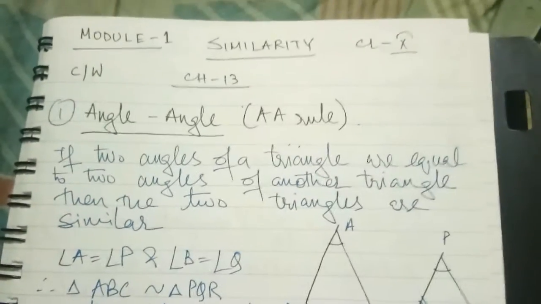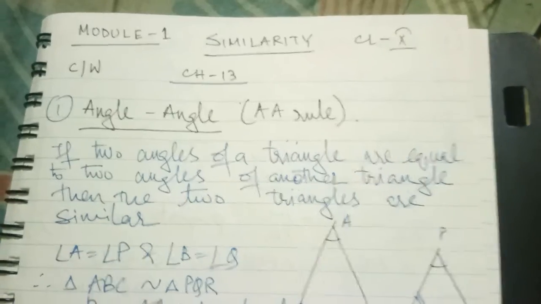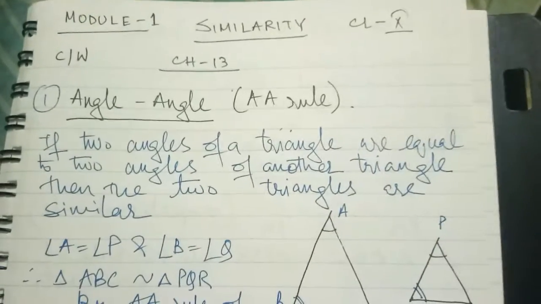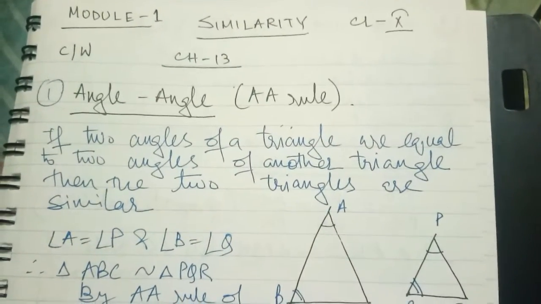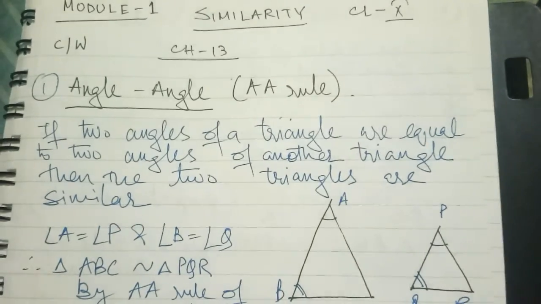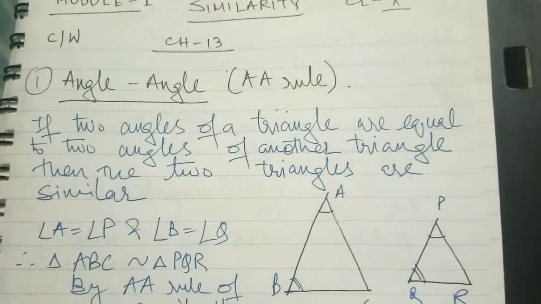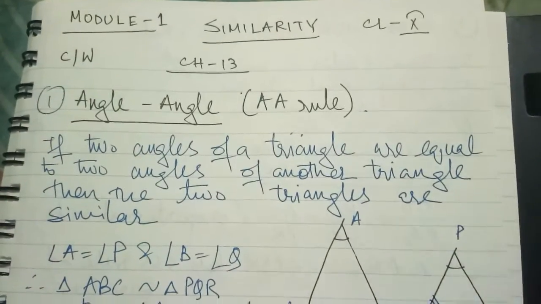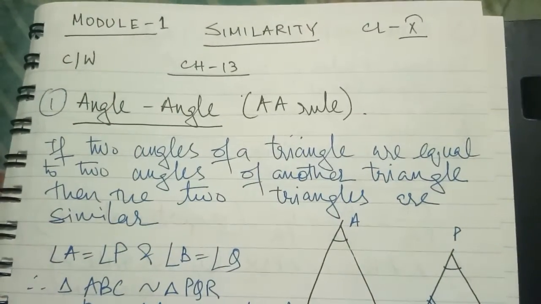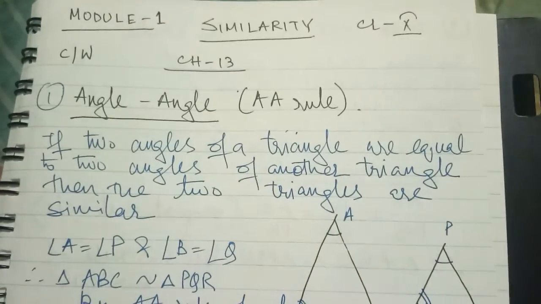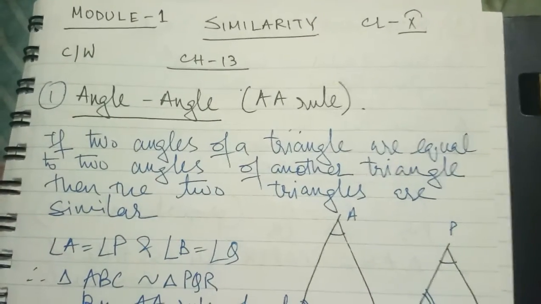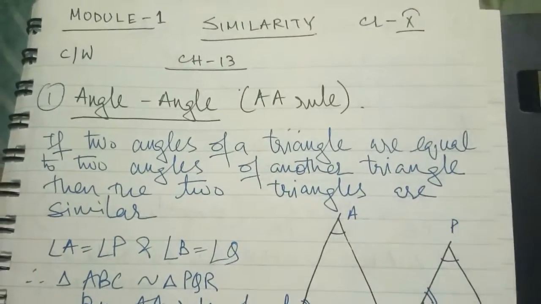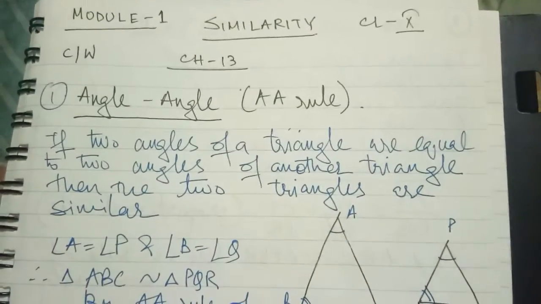So today we'll start with the similarity chapter, that is module 1 chapter 30. This chapter will be easy to understand. Just as in class 9 you have done congruency of triangles, in 7 also and 8 also, this is the same type, but the name is different, that is similarity. In those triangles we had to prove congruence. Here we have to prove similarity.